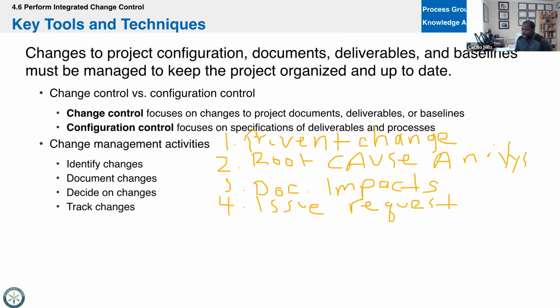Now that you find that out, probably you did root cause analysis, you identify what that is. Then you say, okay, well, if we do make this change, it's going to add so much to the schedule, the budget, or it's going to do this to the scope. Okay. Now that we know what those impacts are, now we're going to issue that request along with the analysis